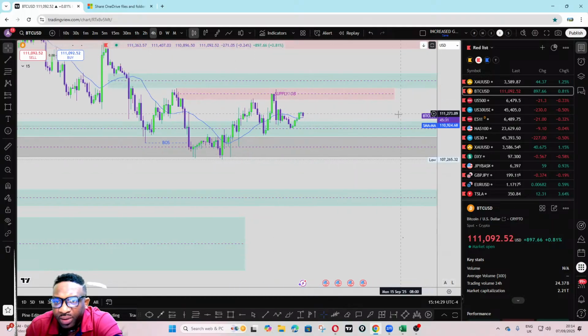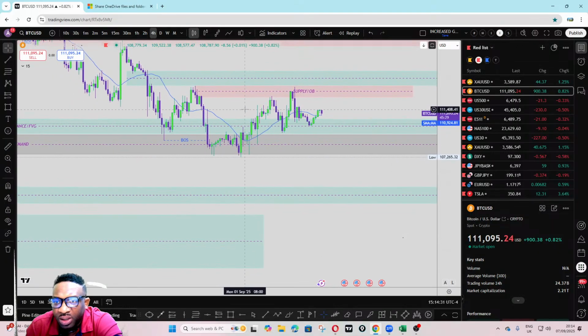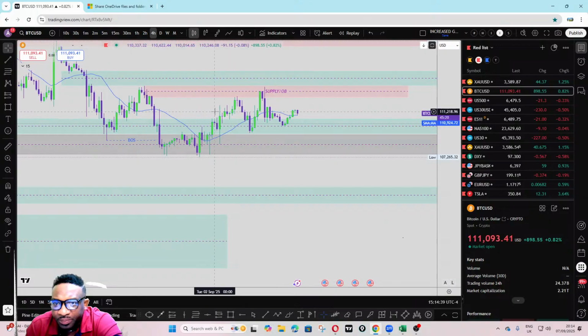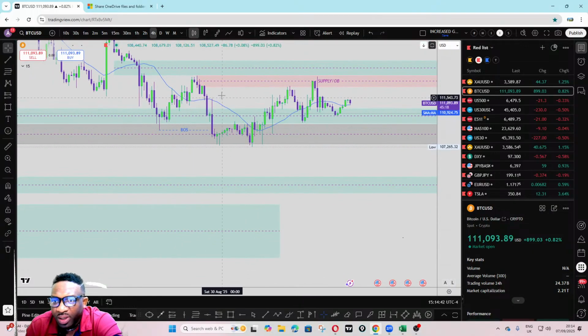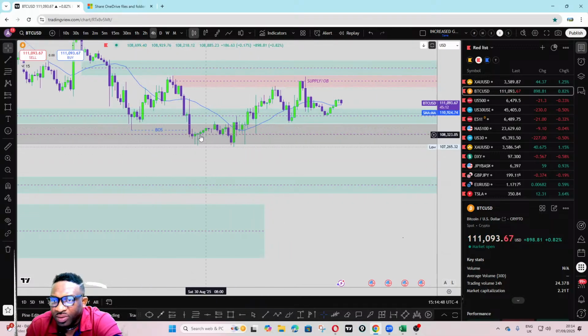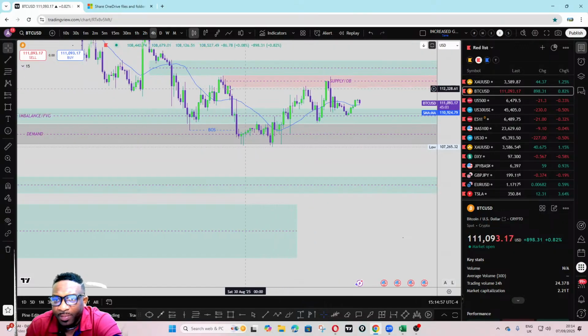So supply area that we will talk. All right, so from this break of structure, as we've marked here, we can mark the area as this one. So price came back to this, tapped into this area, pushed down, and then re-tapped into it. But as I said above,